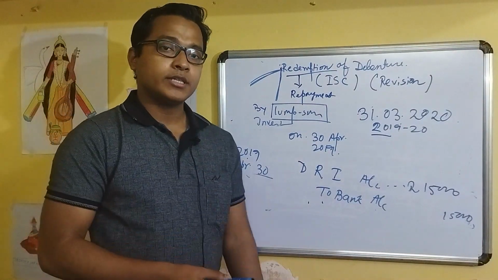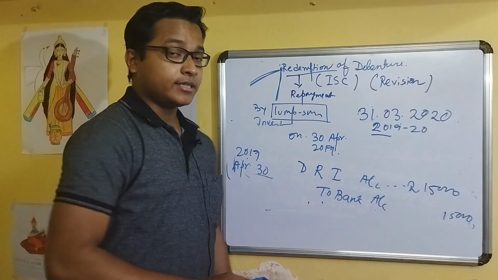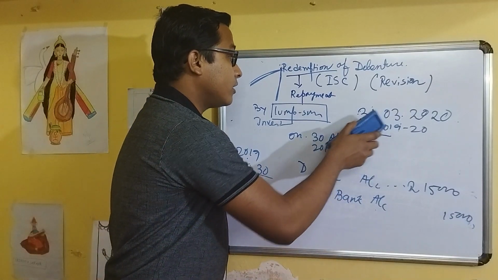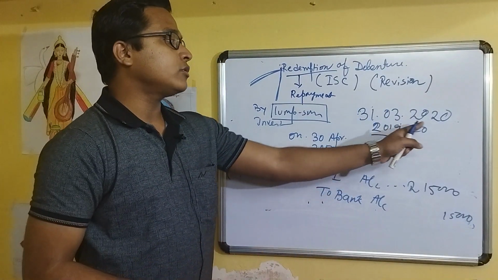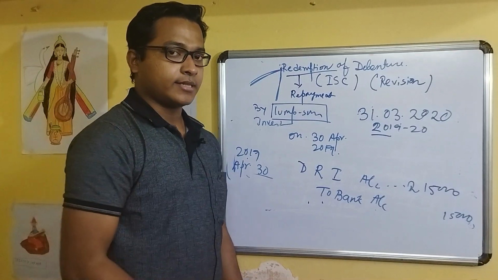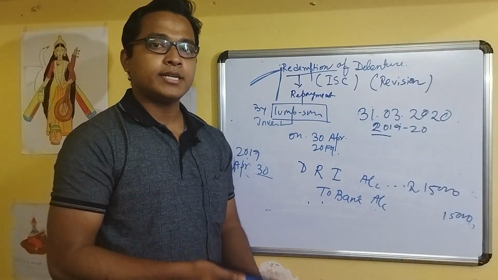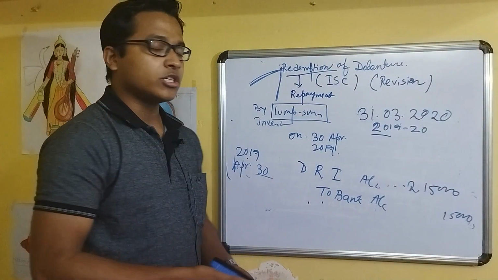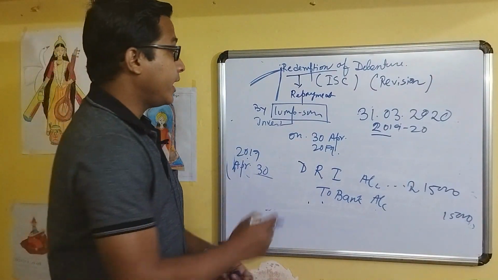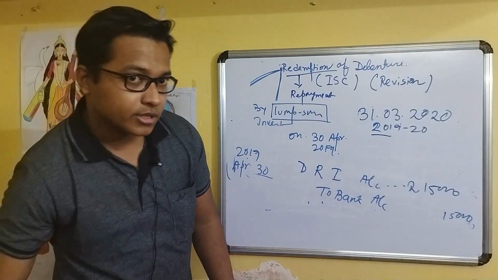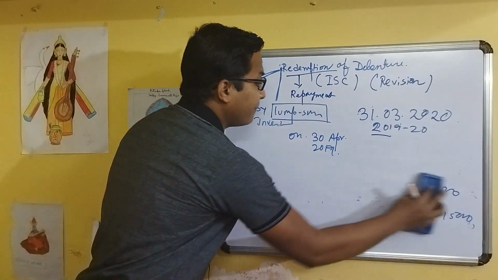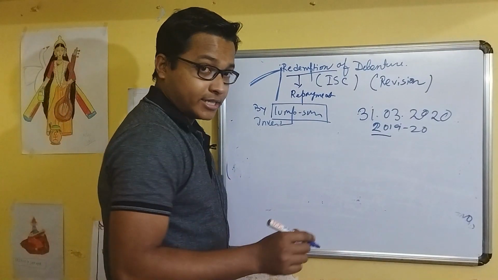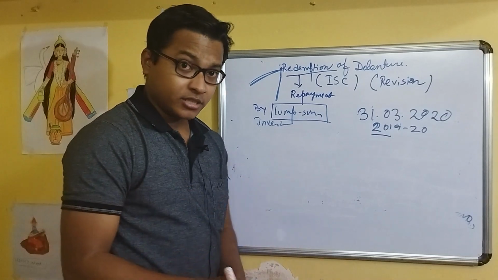The second one is another thing. Since it is a revision class, again I am telling you that it is 31st March 2020. In some cases in our books, the question may say, or the circumstances may arise, that the redemption is to be held on 30th October. Suppose we take an example where the redemption is to be done on